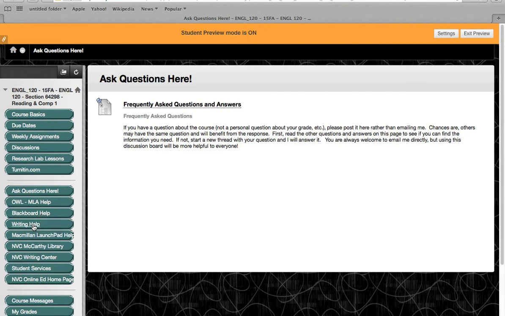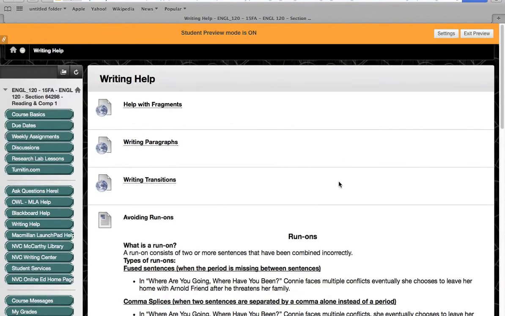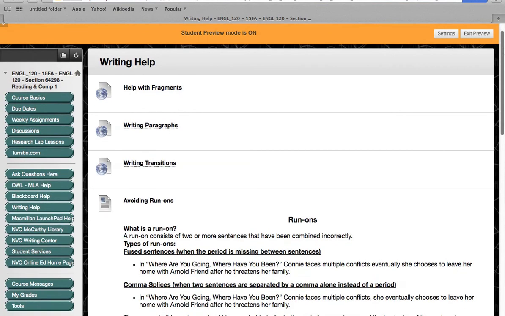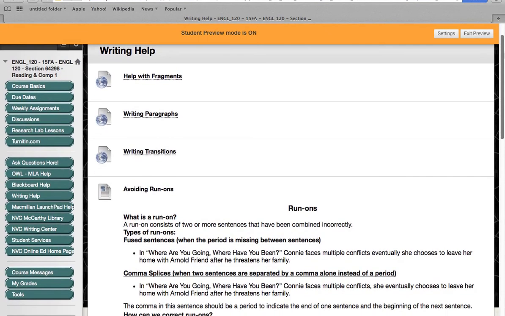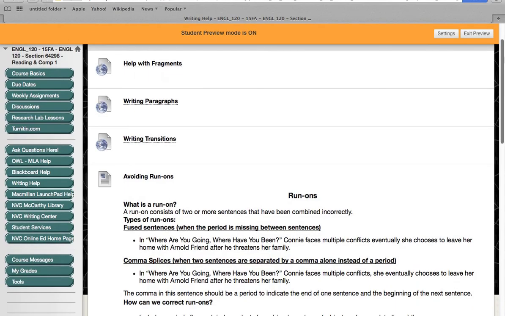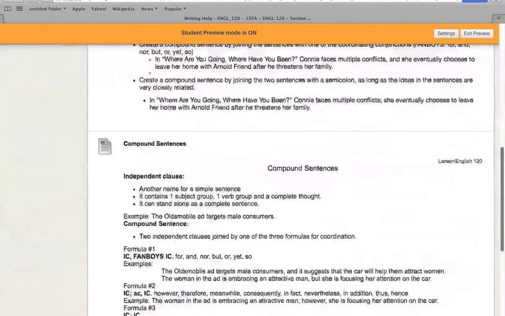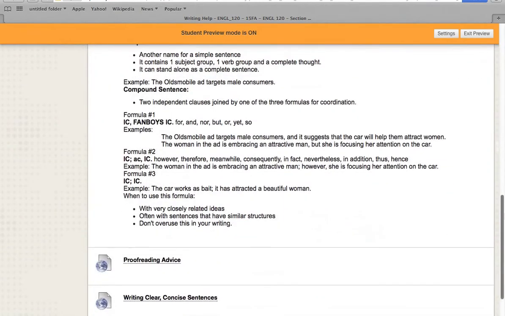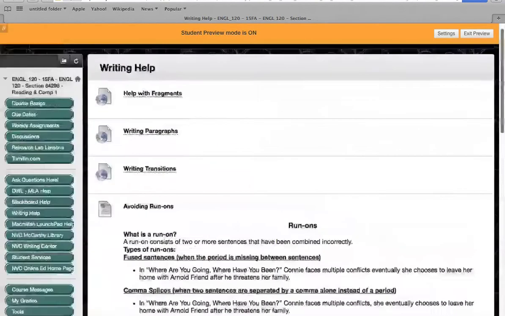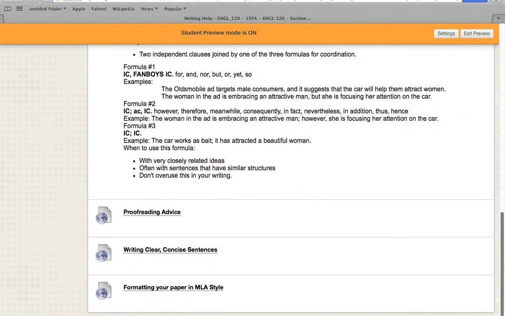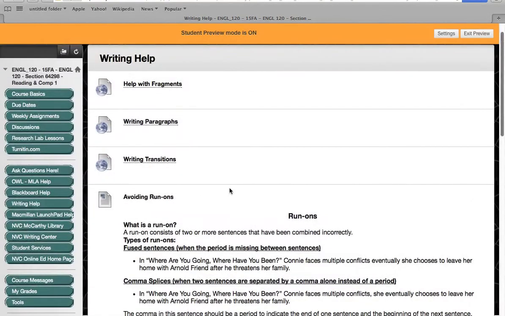Writing help is a section that I created with information from my own documents, helping you with fragments and paragraphs and transitions and run-ons, proofreading advice, just extra help formatting your paper in MLA style, extra help if you need it. If you need help with Launchpad, which again is associated with the research lab lessons, the Writing Center, if you want to go get tutorial help, the hours will be listed there,